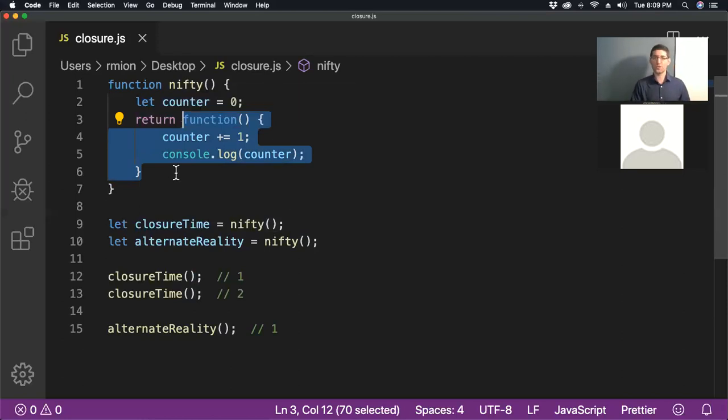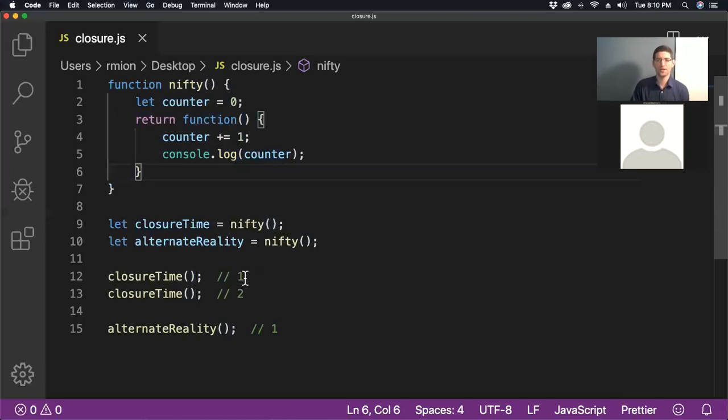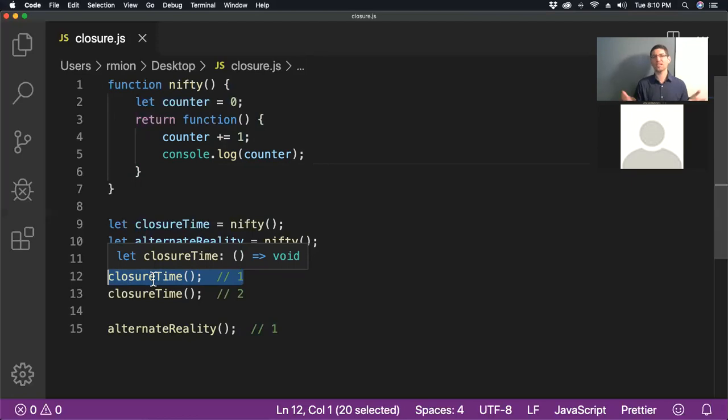Okay, so next question is, why doesn't this give me an error? And I asked that question because the most sensible thing for a decent programmer is to be aware of this concept of garbage collection.